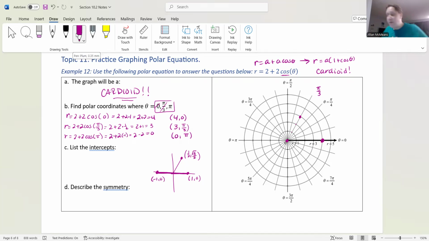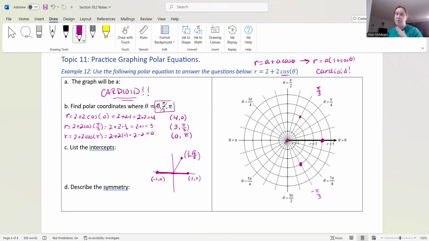Now, that's not exactly a whole graph, right? We're not trying to graph some wacky triangle, but we know that the shape is a cardioid. And we know that in this case, because we're dealing with cosine, we should expect symmetry about the polar axis. So let's find negative pi over 3. Because we know that we would have symmetry about the polar axis, we can mimic pi over 3,